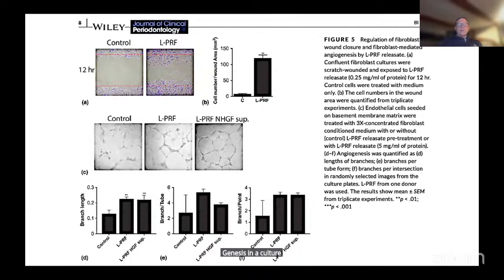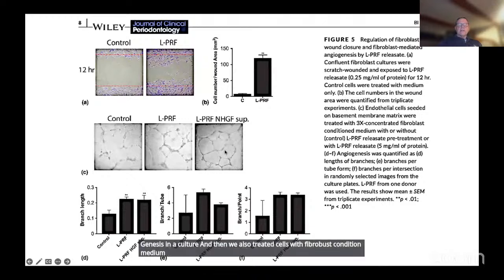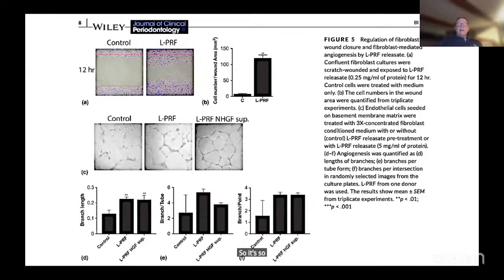And then we also treated cells with the fibroblast conditioned medium that had previously seen this LPRF membrane. And the fibroblasts were producing factors like VEGF and others, FGF, that were promoting blood vessel formation in culture. So it clearly shows that these membranes,